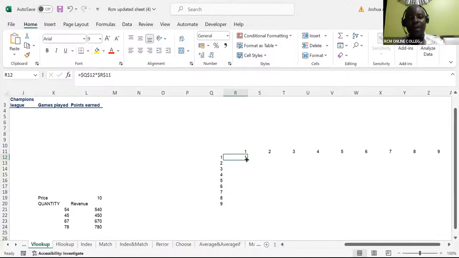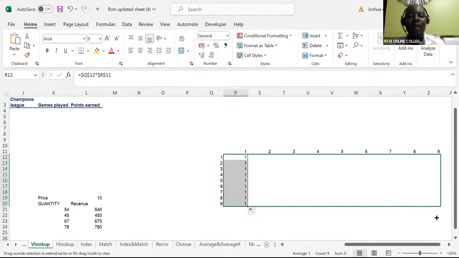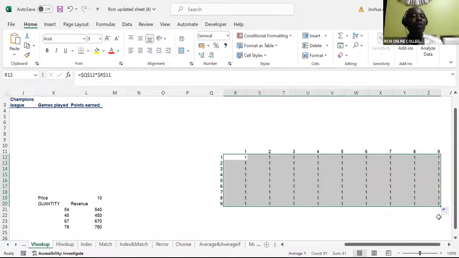I ended up getting 1-1 throughout, because it's making reference to this 1 times 1, regardless of where you move. It's going back to 1 by 1. So if I say Control Z,